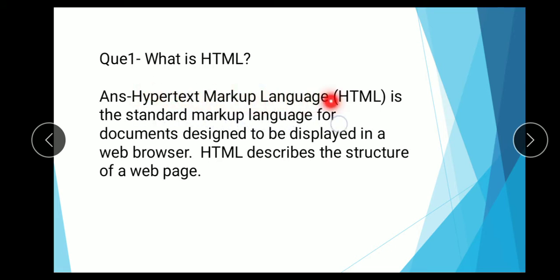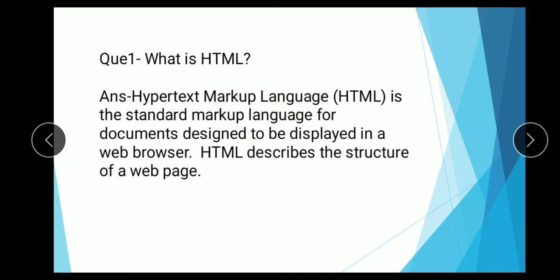Hypertext Markup Language. In short form, HTML is the standard markup language for documents designed to be displayed in a web browser. HTML describes the structure of a web page. It means the full form of HTML is Hypertext Markup Language.